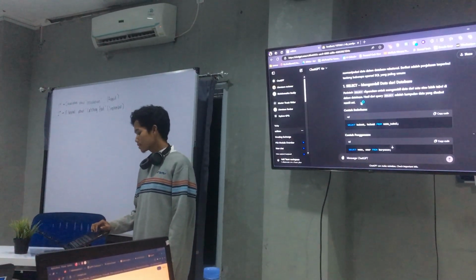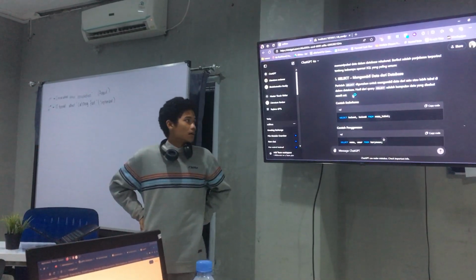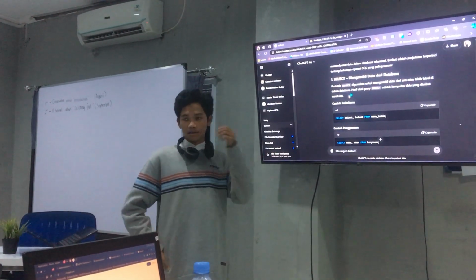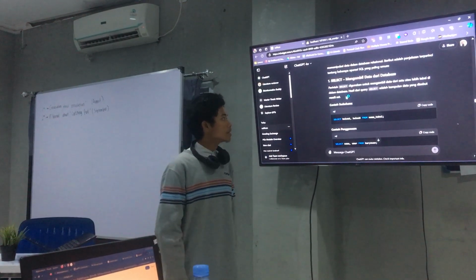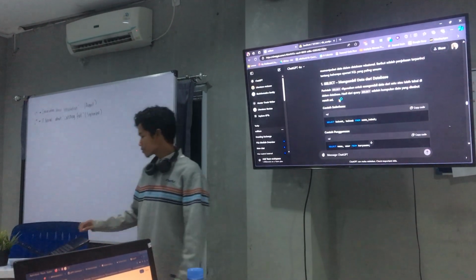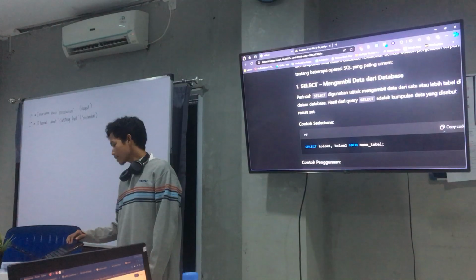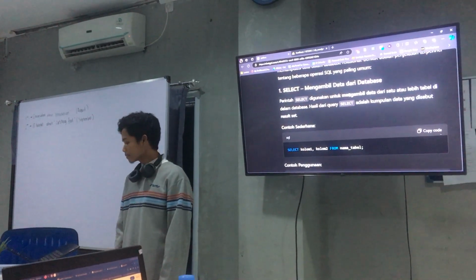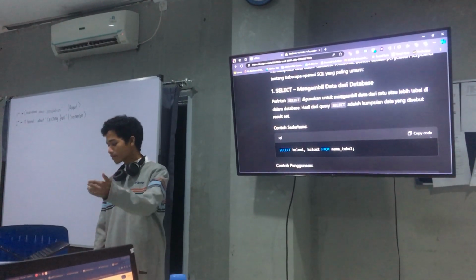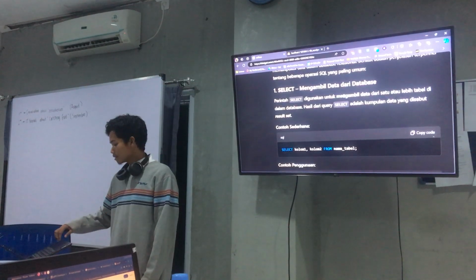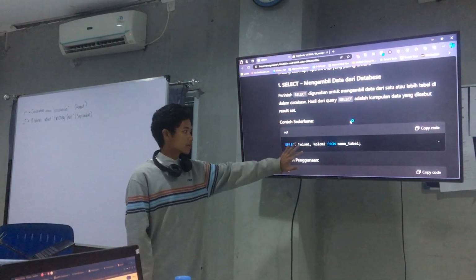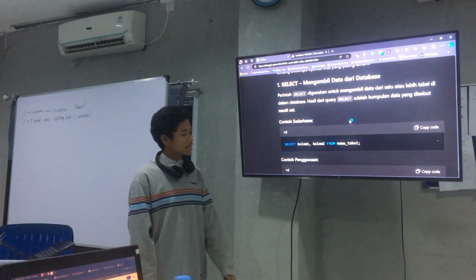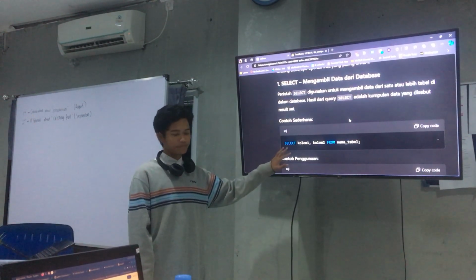Start from the first operation. You can read here on the screen that the select operation is used to take data from the table or in the database. Here we have an example of the syntax.